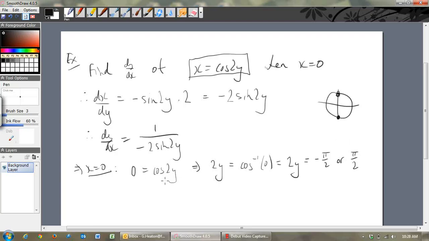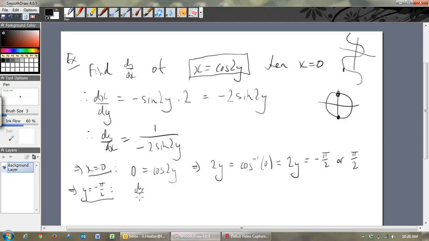Now, we're going to get two values of y, and if you think about what the graph of this looks like, it will actually look something like this, going like that. And so we're going to get two different values, and so we're going to get two different derivatives, so we have to check the 2 points. Okay, so therefore, when y equals negative pi on 2,